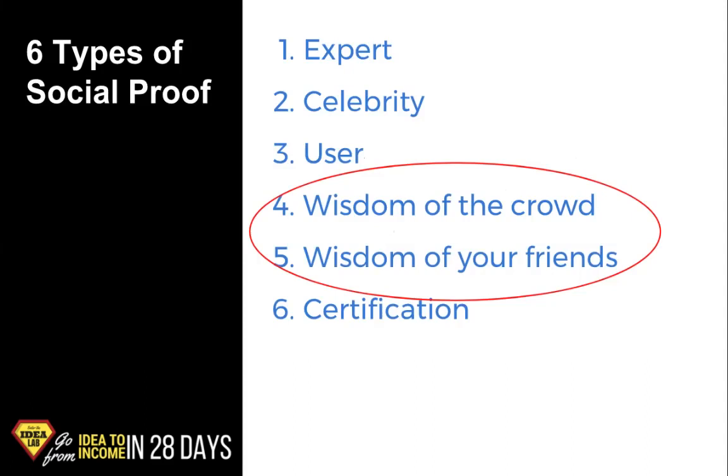And there are 6 types of social proof. And the 2 types that we're going to be zooming in on are number 4 and 5: wisdom of the crowd and wisdom of your friends. The first type of ad that I made, and I want you to try out as well, is designed to tap into the wisdom of the crowd. So what is this? It's basically social proof when a large group of people is seen to be endorsing your brand or your product or your service. So when a large group of people is seen doing it, it automatically motivates a stranger to do it as well.